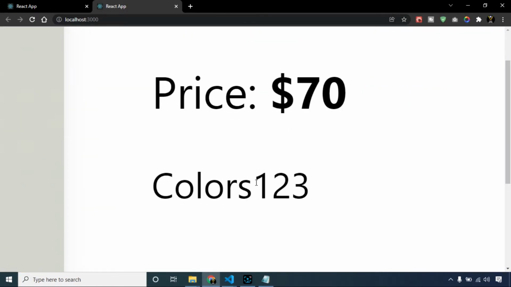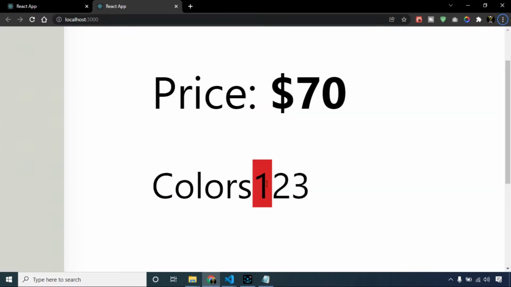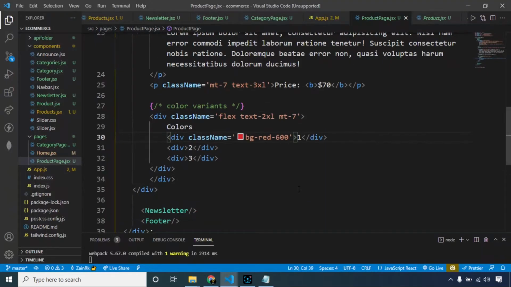Okay, the BG red is not a class of Tailwind CSS, so I should also give it some value like 600, and it should work now. Now the 1 has the background color of red, and of course we have to make it more perfect.